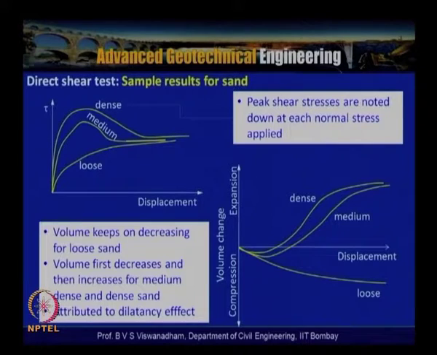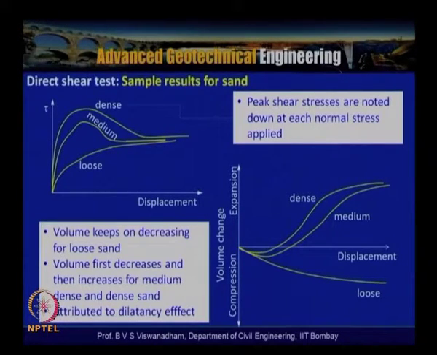In case you are having a loose sand, as can be seen here, it continues to harden. In line with whatever we have observed for tau-sigma, we can see that this undergoes a continuous compression. So in this case contraction takes place, but in case of dense and medium sand, for a given normal stress, what will happen is that